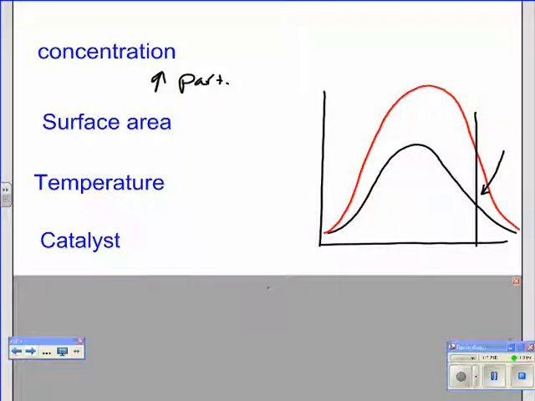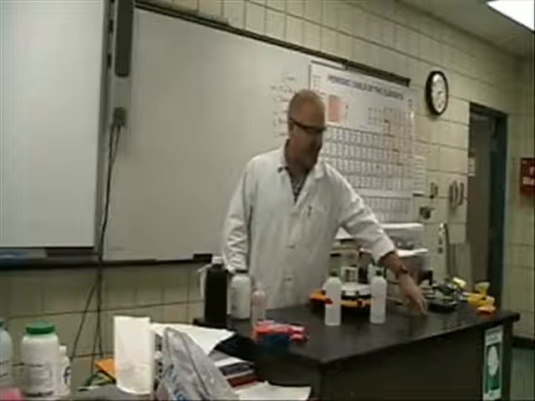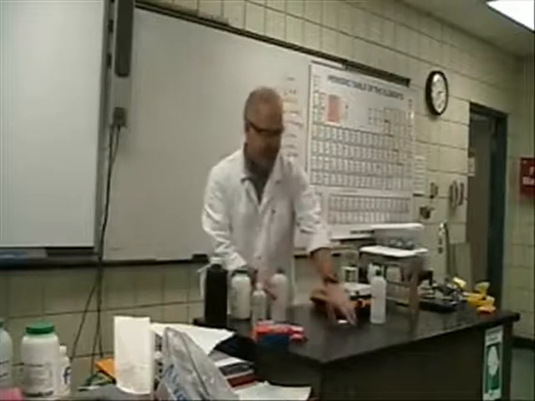Another factor: surface area. If we increase the surface area, we increase the rate. That's because the only particles that can react or collide are the ones on the surface. So by increasing the surface area, we increase the number of particles that could be there. In this reaction, we're going to look at surface area and see how it influences